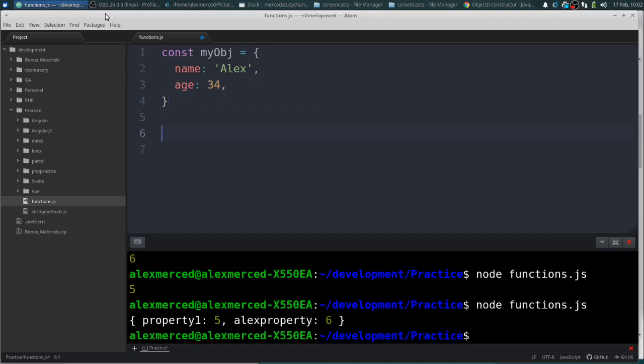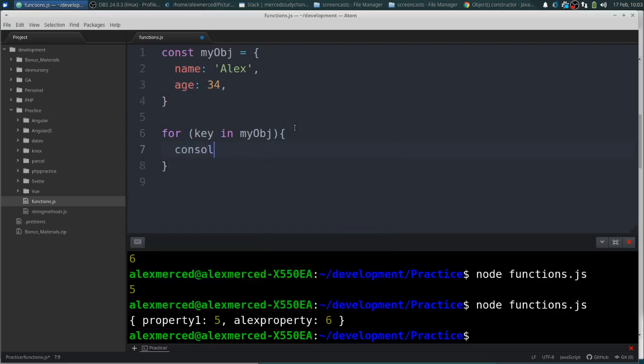Now the most basic way of iterating over an object. The problem with iterating over an object is you don't know what order it might do, age first or name first. Objects aren't ordered, so in certain situations that might be a problem. If you don't really care what order it gets iterated over, then this is fine. It's called a for in loop. So it'd be like for key in my obj, because the way it works is it loops over the keys. First it's going to go key name, then it's going to do key age,